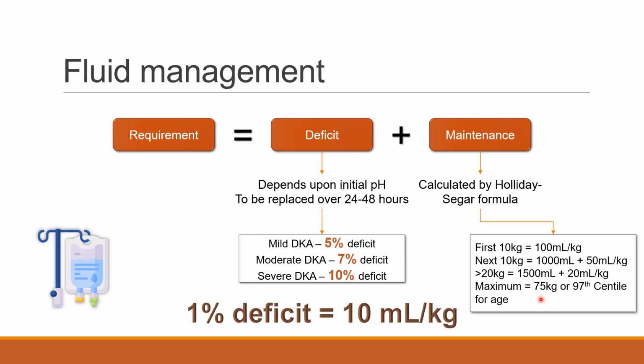75 kg child, if the child's weight is more than 75 kg, we can assume adult guideline, or we can take up the adult guideline to calculate the maintenance fluid. So this slide is the most important slide of diabetic ketoacidosis management, because the total fluid requirement of a particular patient will be calculated by adding the total deficit and the total maintenance. Deficit will be decided by the initial pH, maintenance will be decided by the Holiday-Segar formula, just like any other